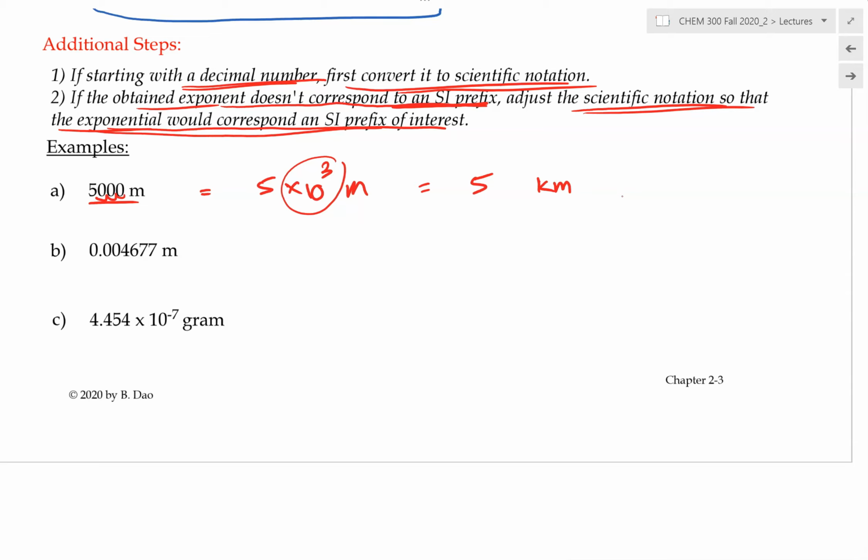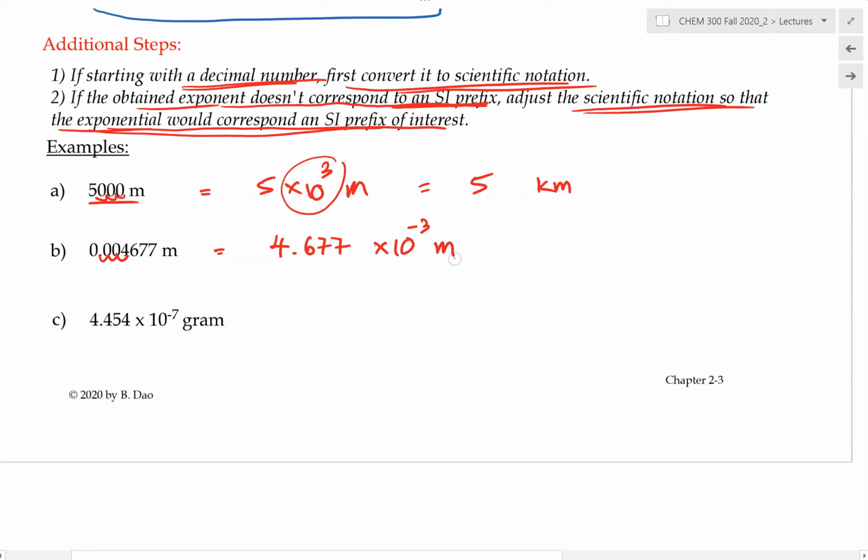Let's now try another example. Let's convert this value and use an SI prefix to correspond with this value right here. In this case, again, we start out with a decimal number, so we have to convert this into scientific notation first. We have to move the decimal to the right 3 times, which equals 4.677. And because we are moving this to the right, we have to give it a negative exponent, right? We move it 3 times to the right, so its exponent would be -3,